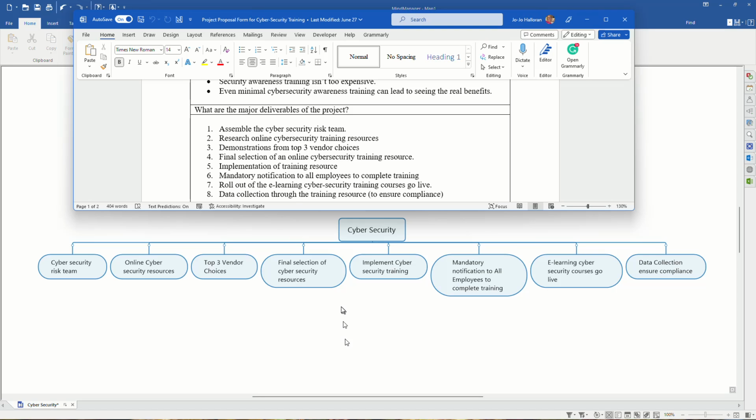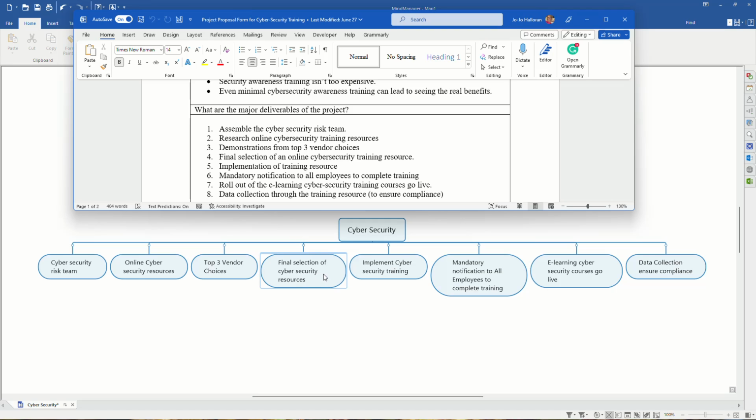So I did a little changing here myself. I put here cybersecurity risk team, online cybersecurity resources, because assembling is going to be an activity. The researching will be the activity here. Then we're going to have demonstration, so I just put top 3 vendor choices,